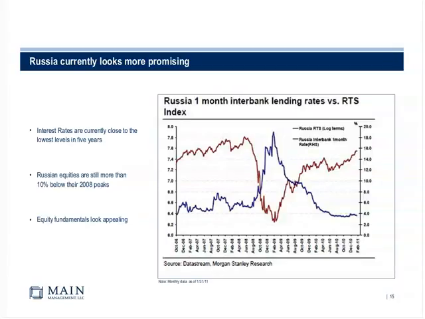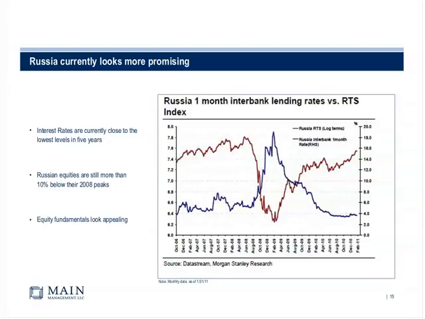But what's helping them out, and there's a mistake on this slide, I apologize: the Russian equities are actually more than 35% below their 2008 peaks. The slide says 10%, but they're more than 35% below. Just to put that in perspective, the emerging markets are about 20% below. So Russia is still down quite a bit more off its 2008 levels. The one piece that you want to be careful with is that they haven't tightened rates as much as they should, but they do have a weapon in their back pocket.